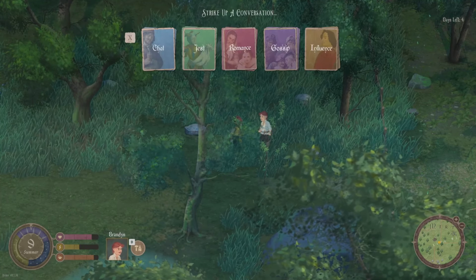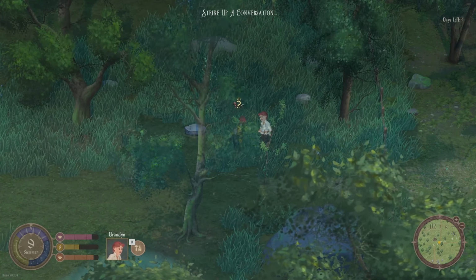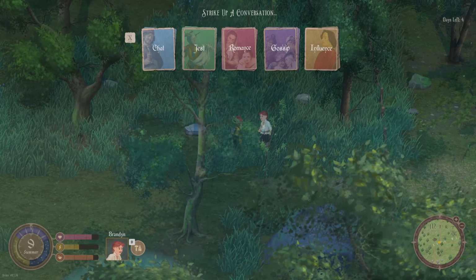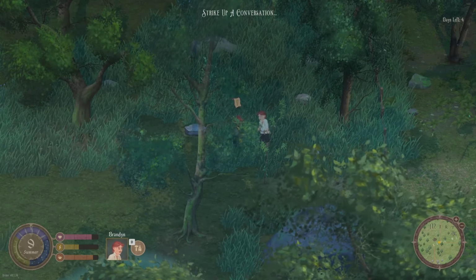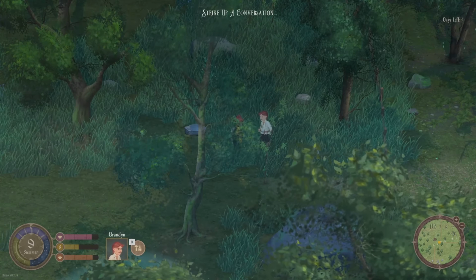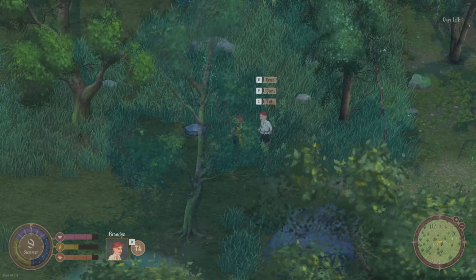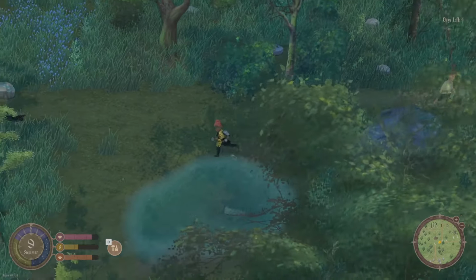Brandon boasts about combat prowess. Chat. Dumb. Brandon talks about food and drink. Gossip. Rumors? Brandon boasts about running fast. He really likes to boast. Who the hell are you? Influence? No, let's go back. Okay. Hi, Brandon. I don't know who you are while you're walking through the middle of my farm, but...